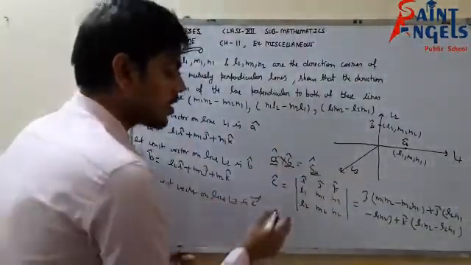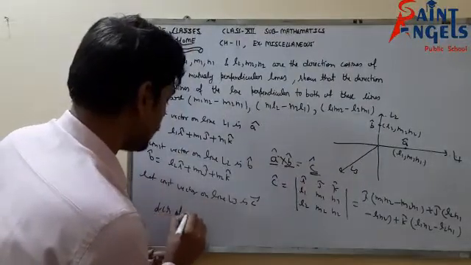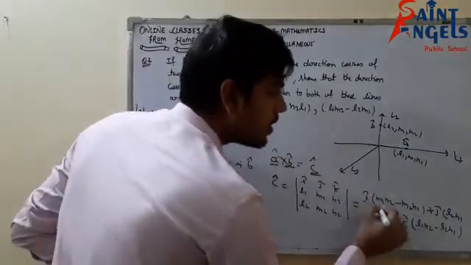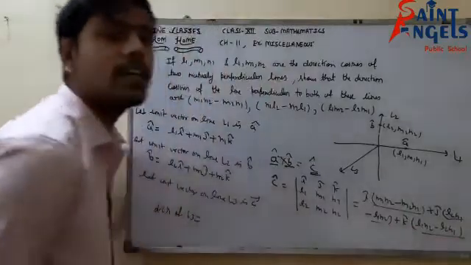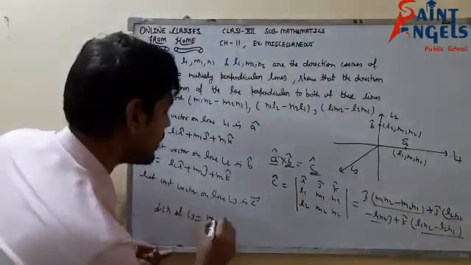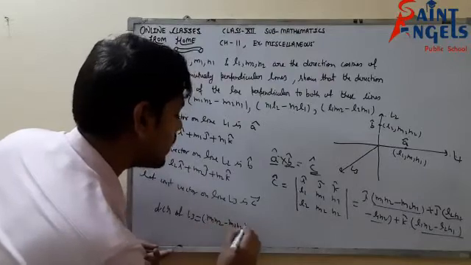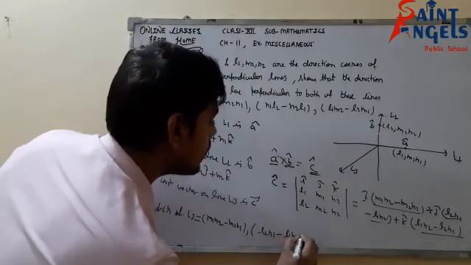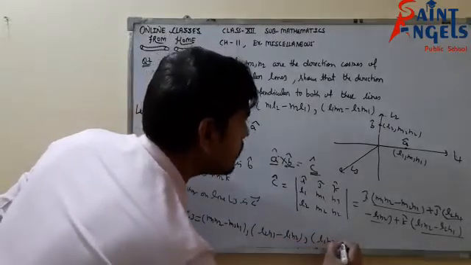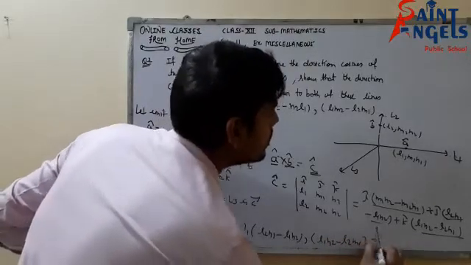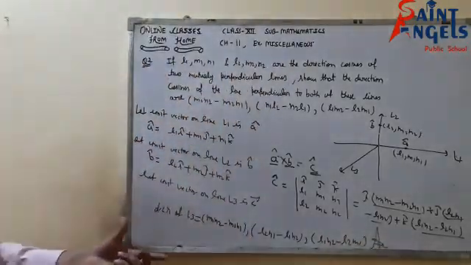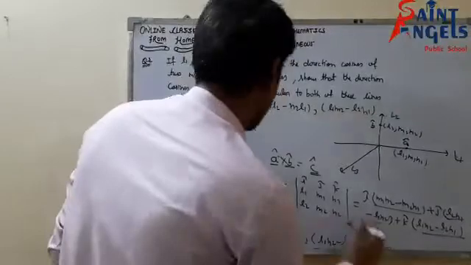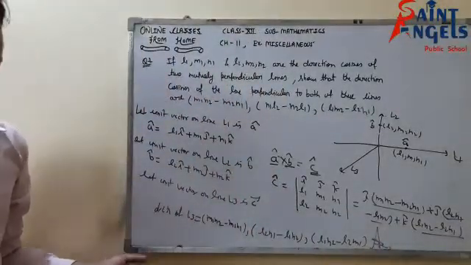Then the direction cosines of line L3 would be what? In the unit vector the coefficients of i, j and k are known as the direction cosines. So the direction cosines would be m1 n2 minus m2 n1, comma, l2 n1 minus l1 n2, comma, and l1 m2 minus l2 m1. These are the direction cosines. Here also this is n1. So now the final answer is this. I hope I am clear. It's a very easy question, so please pause the video and note it down.